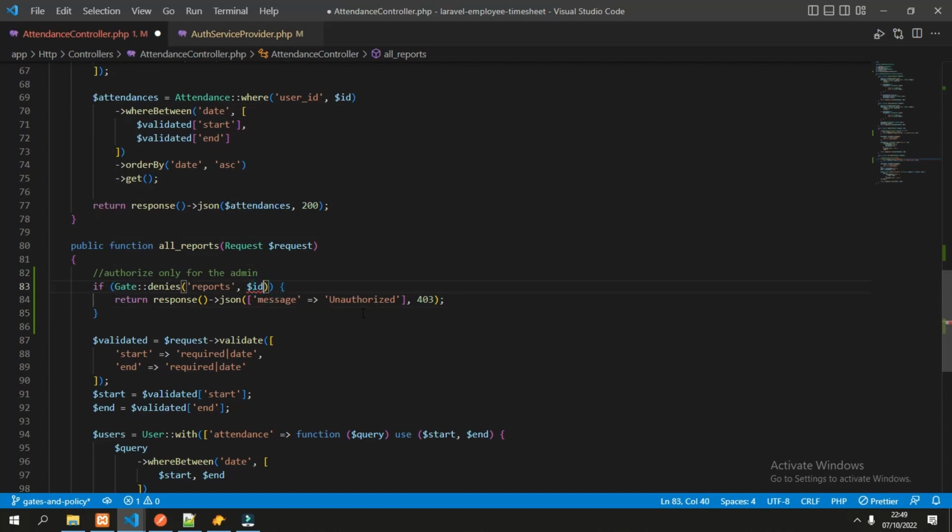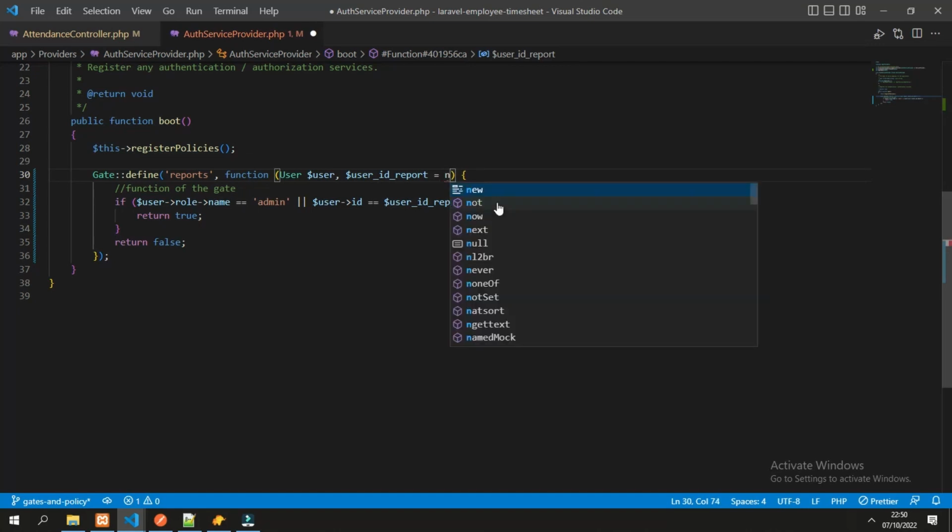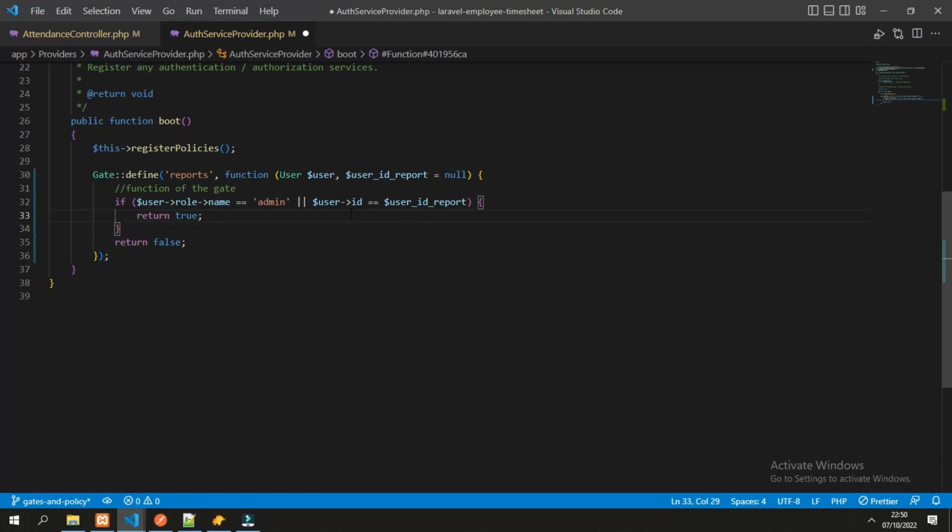So we can remove the ID and update the gate a little bit. For example we initialize this with null, so the second comparison will always be wrong for this one, and we'll only check for the role. And we can try to run the application.